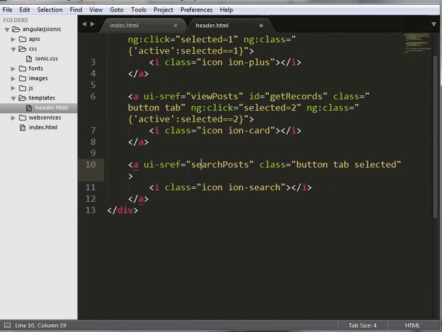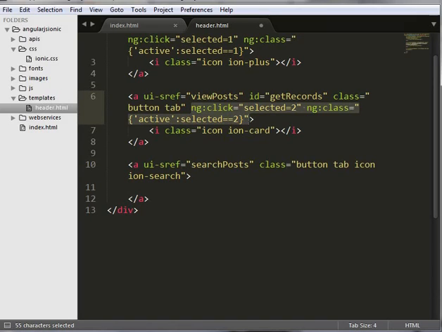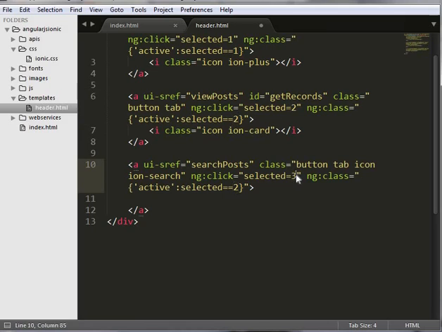And then come for the last link, class button tab, this one, just cut it out from here and then paste it here, and then just remove this, and then copy this entire code again, copy and paste it here, 3 with 3. Okay,